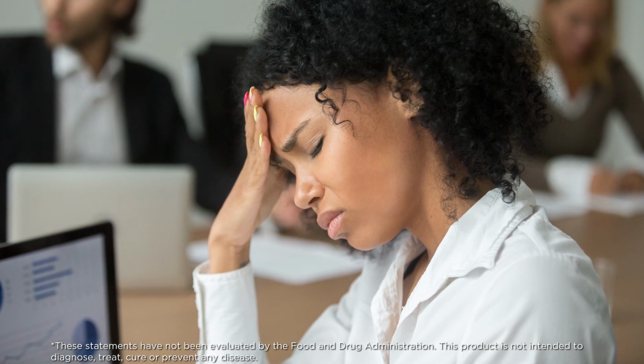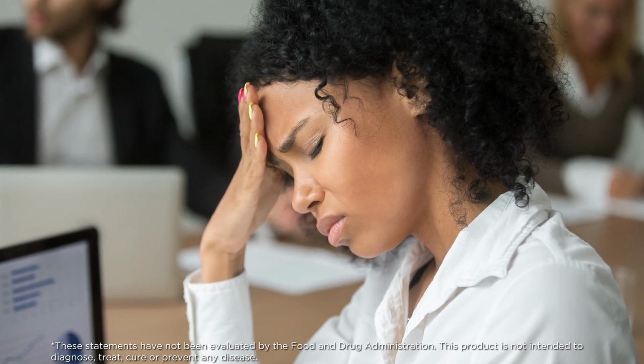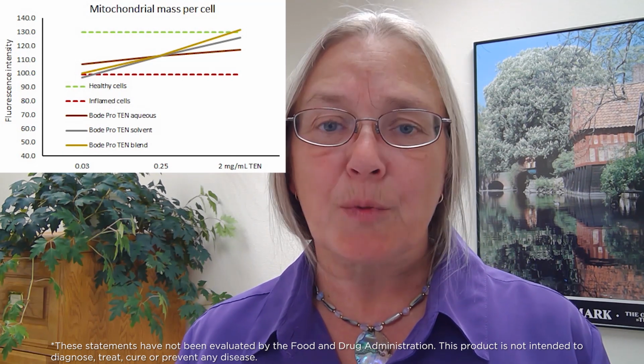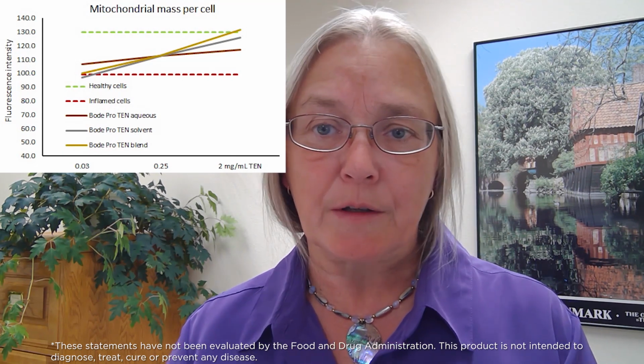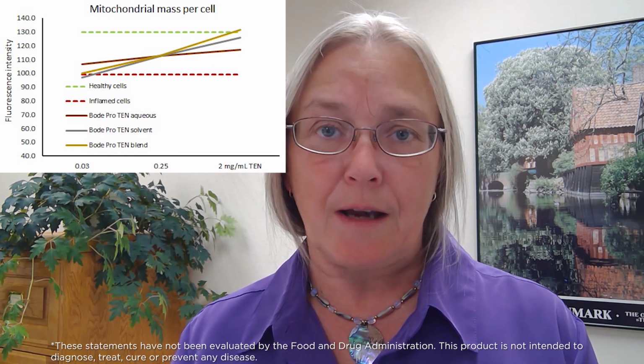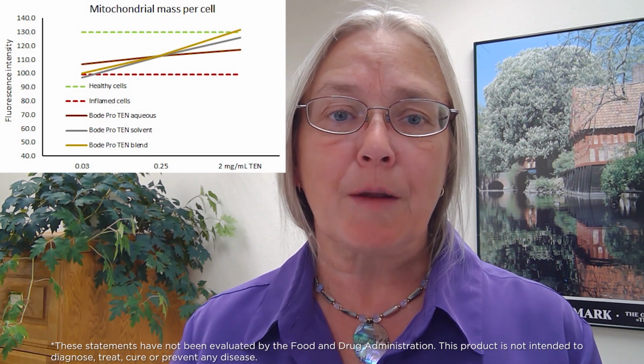We need to have resilience under stress. We need the body to continue to make energy when the body also has to deal with stress, inflammation, and illness. When we tested the mitochondrial mass per cell under normal and inflamed conditions, we saw that inflammation reduced the mitochondrial mass per cell. The normal level is shown as a green line, and the level under inflammation is shown